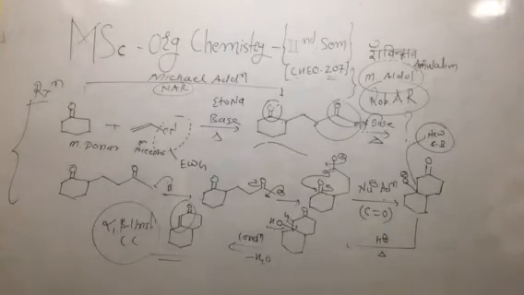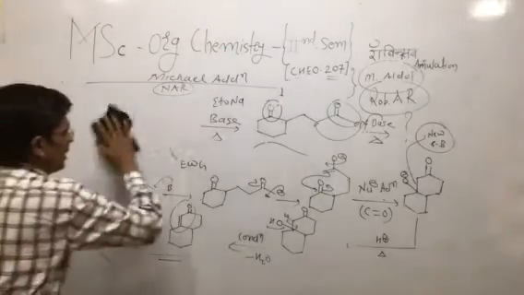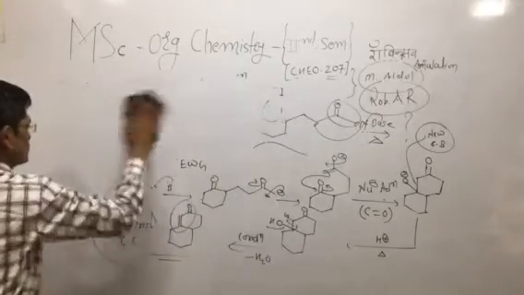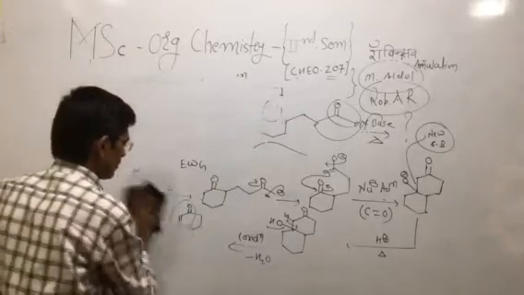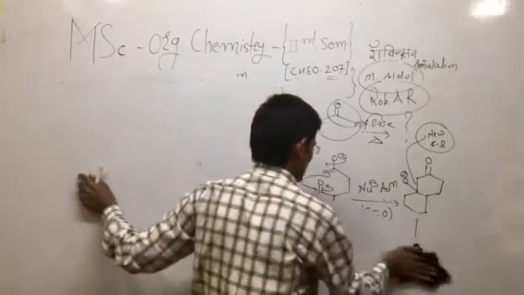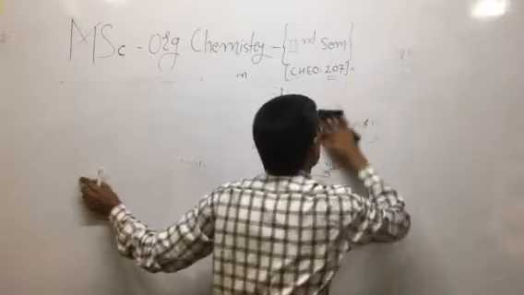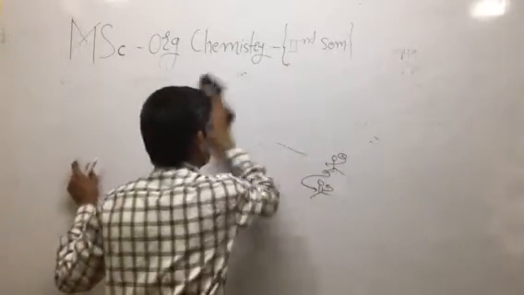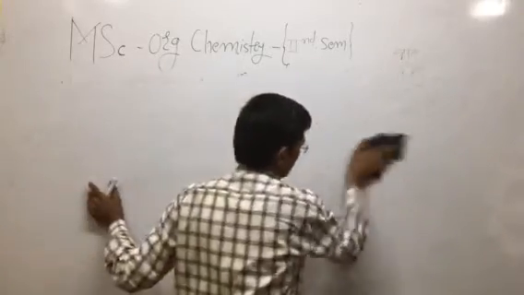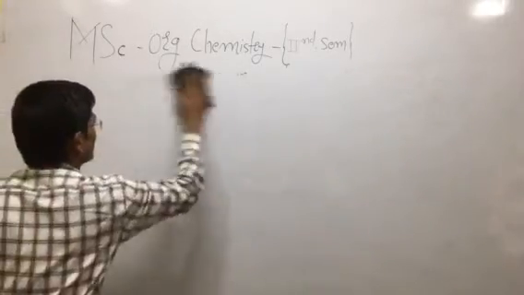If we are given some reactant and reaction condition, such a question is asked in your competitive exams, NET, JAM, IIT as well as SET and GATE exams. So how is the question asked in your competitive exam? Predict the product with mechanism. You have to provide the options. So predict the product with mechanism.